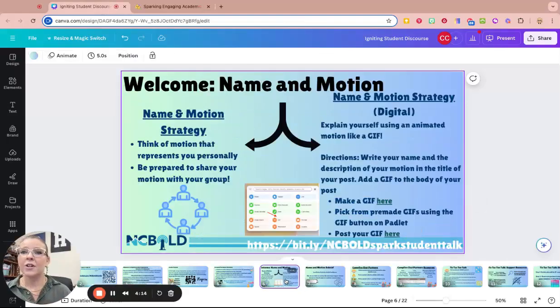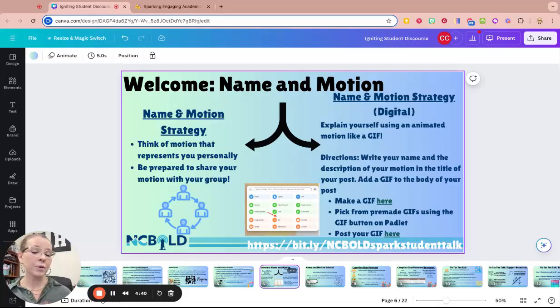All right, we're diving right into our first strategy. Our first strategy is called Name in Motion. This particular one is the only one where we're not going to actually use content. The reason I'm showing you this one first is that I call this a low stakes activity, meaning the students don't have to have a lot of content or background knowledge.